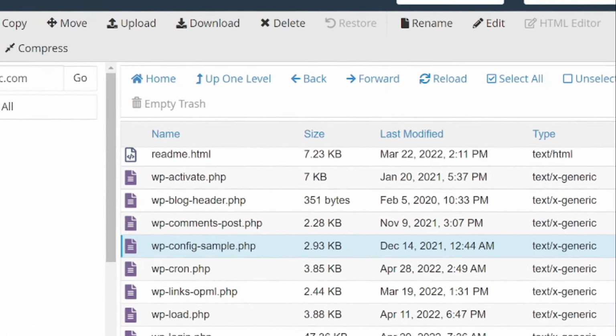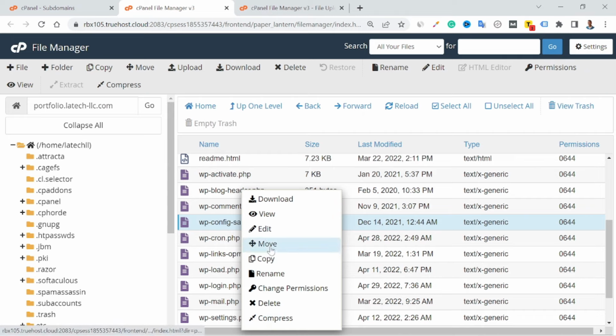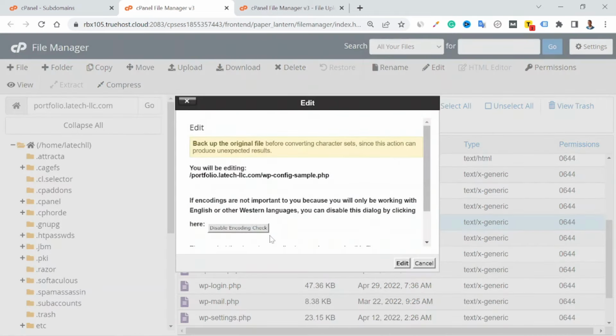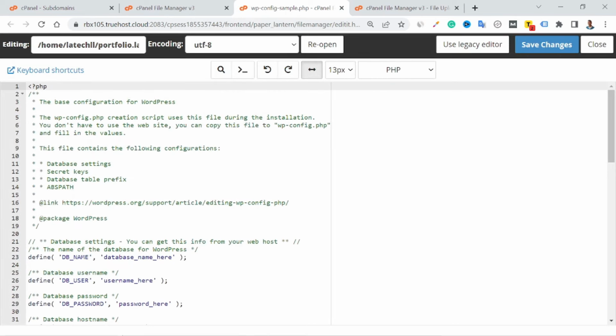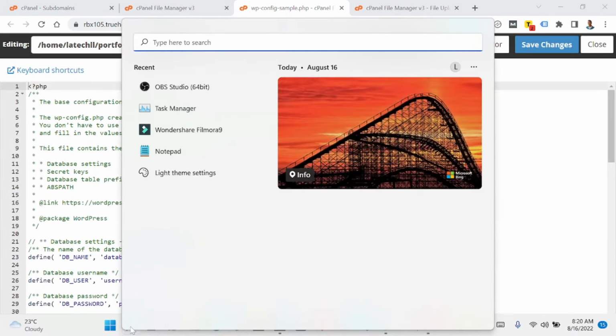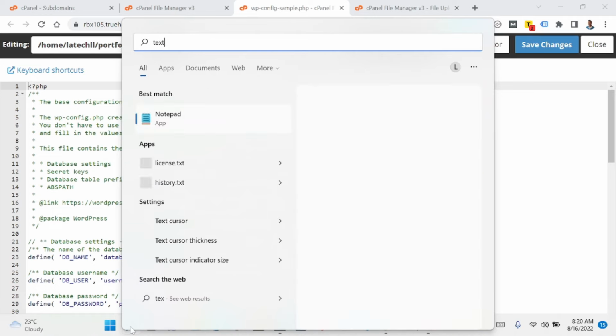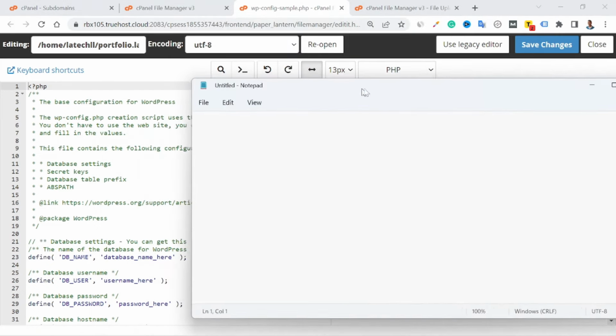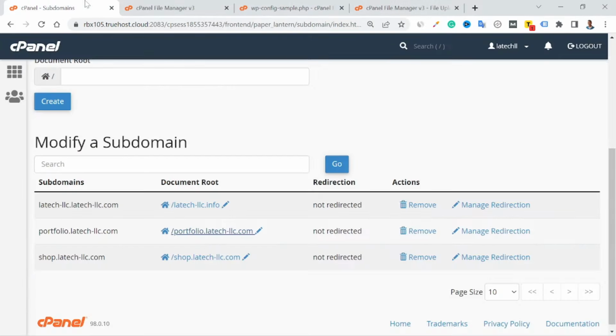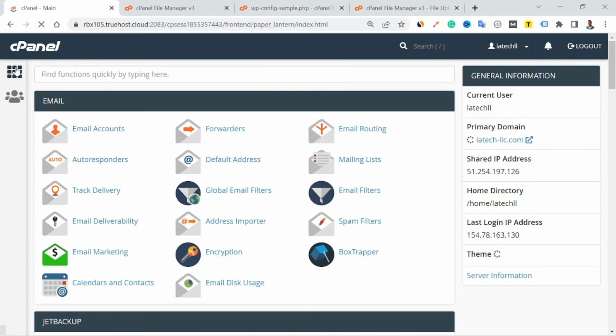Head over to this sample.php, right click and edit. Just proceed. Now you have to create a new text file to save the passwords and the database username. Click on that. Now go back to your cPanel